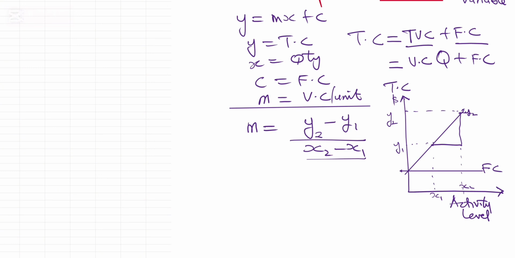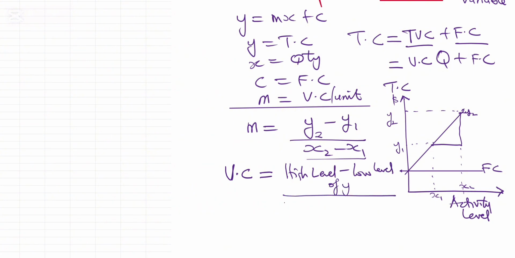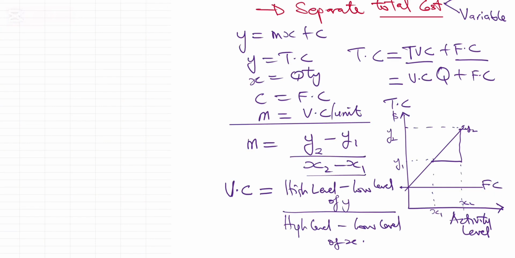which is what we are now leveraging on to say that our variable cost is actually equal to the highest level of y, which is the high level, minus low level of y, divided by likewise the high level of x minus low level of x. That is invariably what we're trying to work out. And if we quickly use this example that I have here,